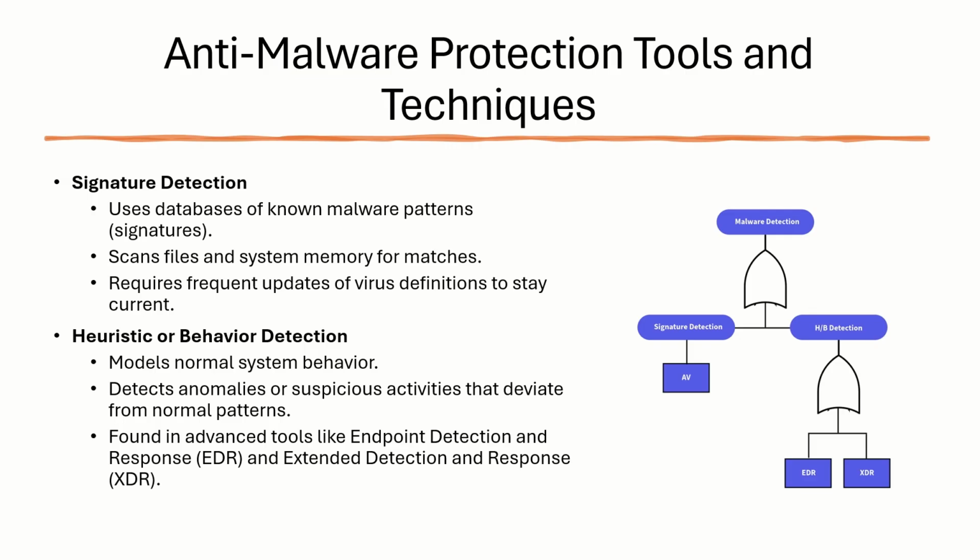So the one approach is, let's keep a hash of all applications that are safe to use, in which case we compute the hash and compare. If it matches, it is safe. The other approach is, let's keep a hash of applications that are not safe to use. What this means is that if I compute a hash and it matches, then this application is not safe. So you see, there's two possibilities there: